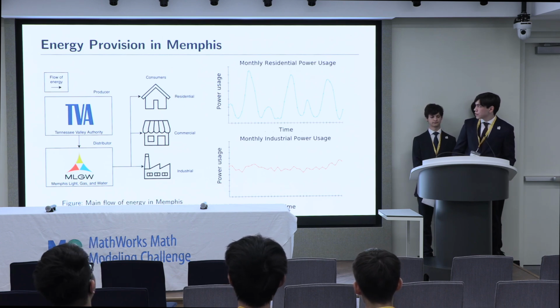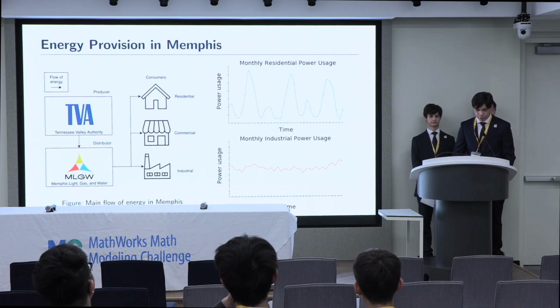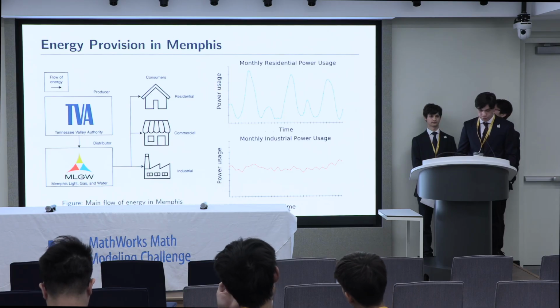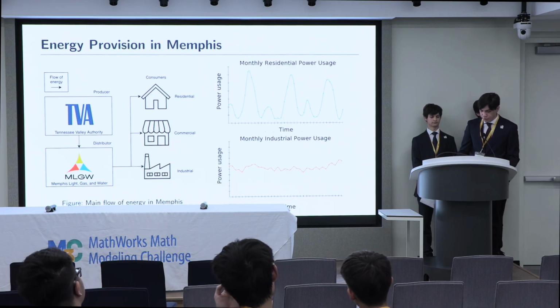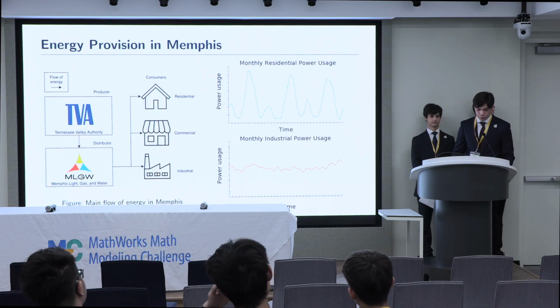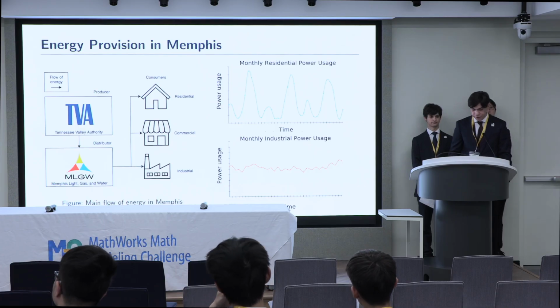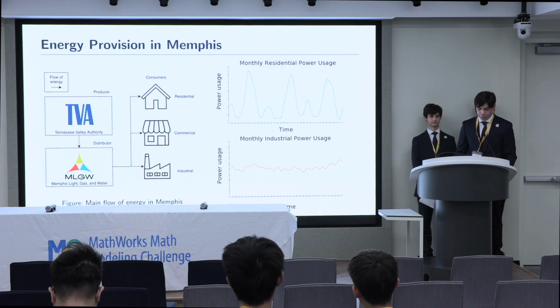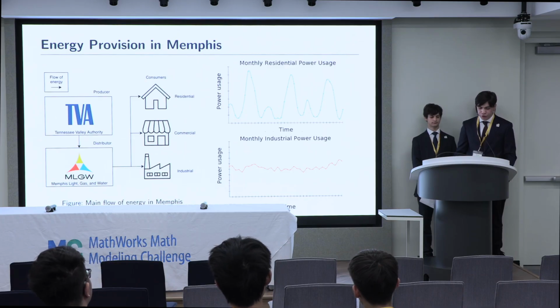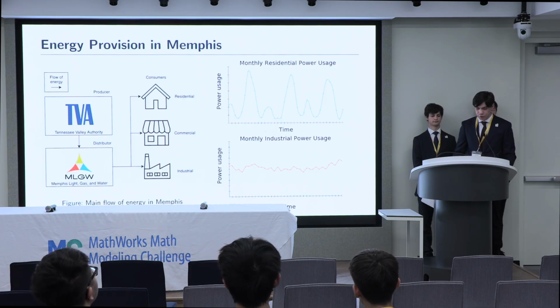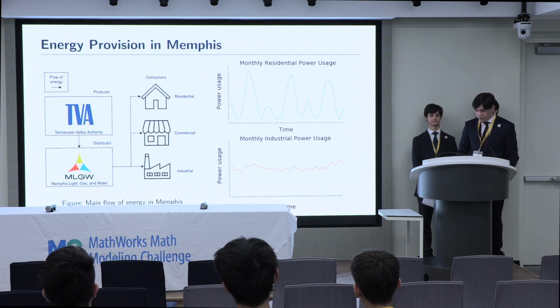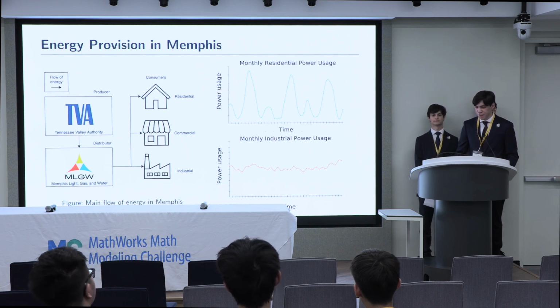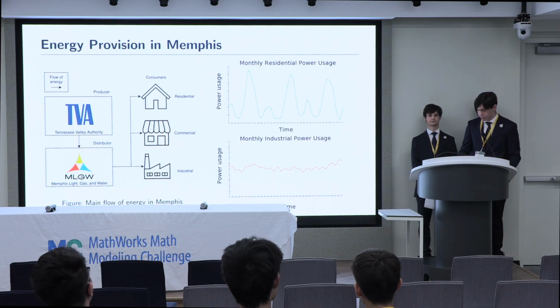On the right, you can see graphs for residential power usage and industrial power usage. We decided to take a look at power usage of different customer categories, and we noticed some fundamental differences between how residential and industrial units operate. Industrial facilities often have heavy-duty appliances on 24/7, whilst residential units often have energy use peak at different times of the year due to lighting and heating or cooling. This can be observed on the graphs on the right. Without splitting the data, our model would not account for seasonality in residential usage exclusively.